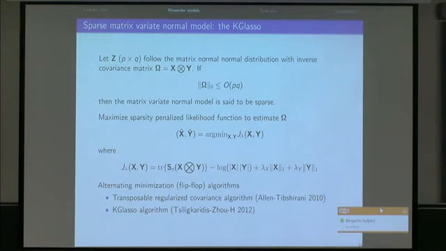The graphical lasso is the unconstrained version of the Kronecker G lasso. So this is like an L1 relaxed estimate of the inverse covariance matrix where the relaxation is on the sparsity penalty. In other words, the